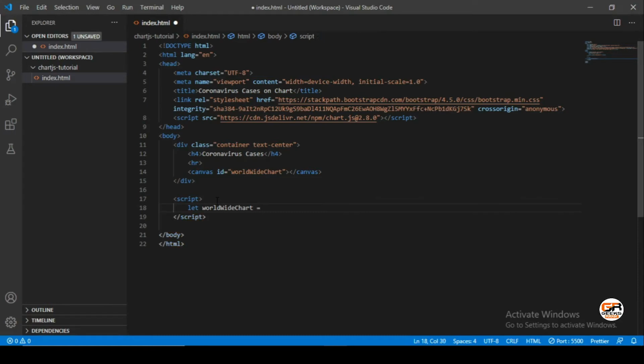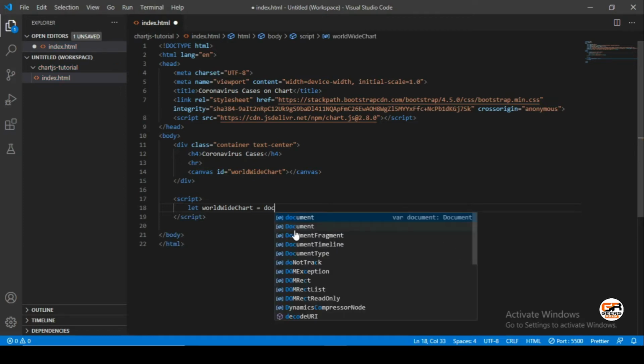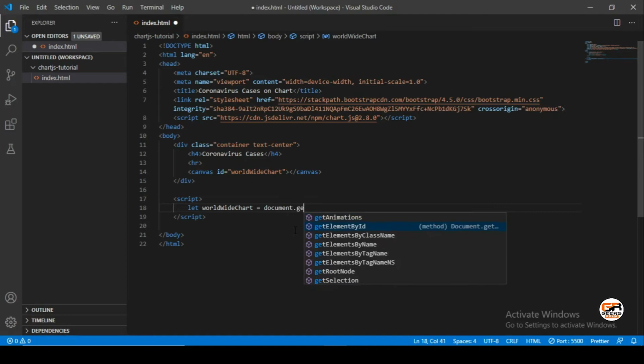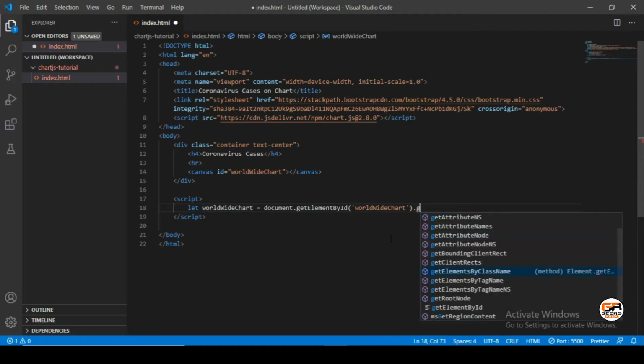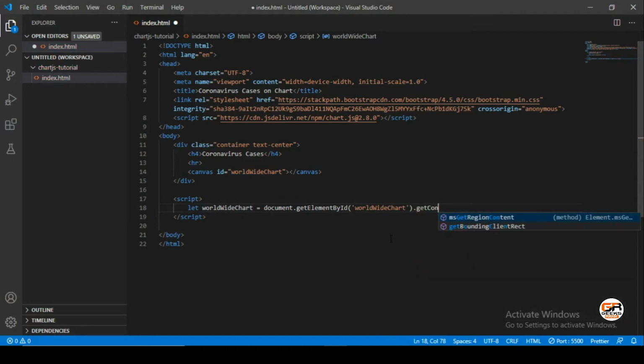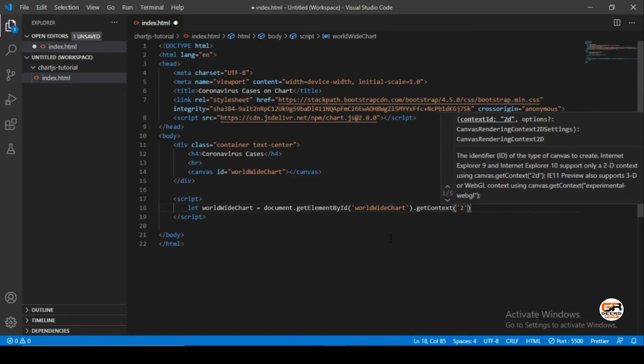Let document get element by id, and the id of the canvas which we created. And after that we will use get context, which will be 2D type.